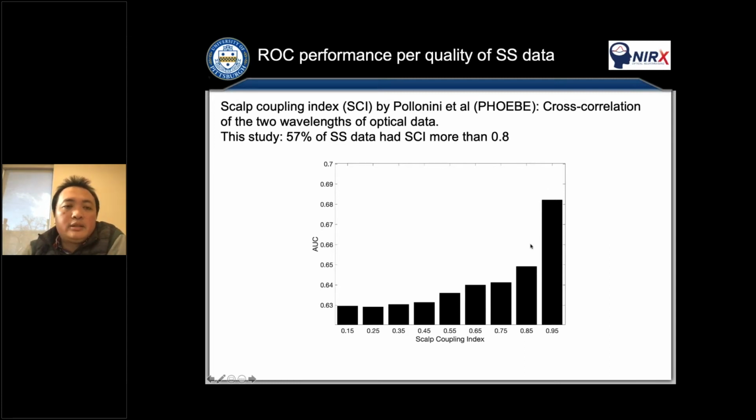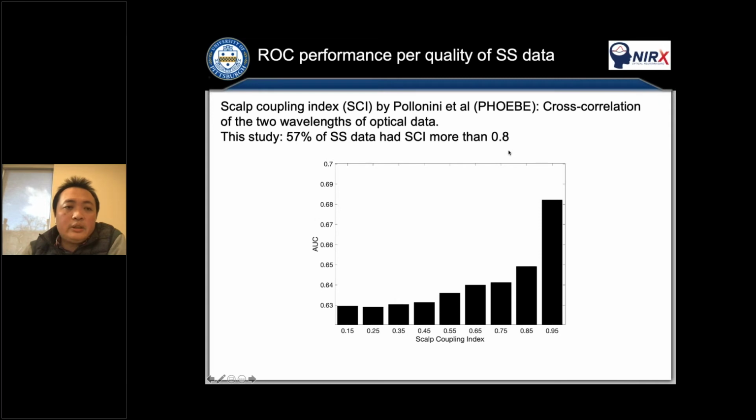The idea is they introduced that you can use two different wavelengths of data. If the correlation between the two wavelengths is more than 0.8, it means the data is good. So 0.8 is the threshold from them. If less than 0.8, maybe you can remove that one, or this is just to quantify or to judge whether the data is good or not.